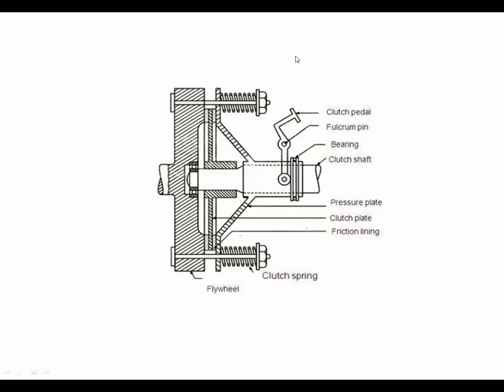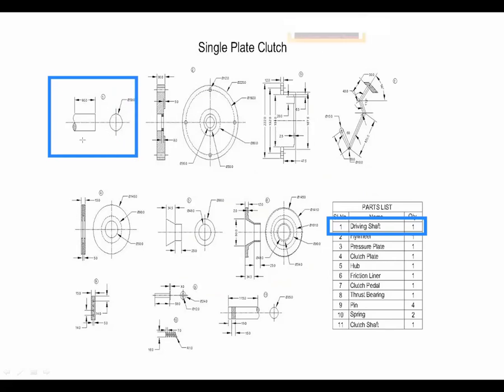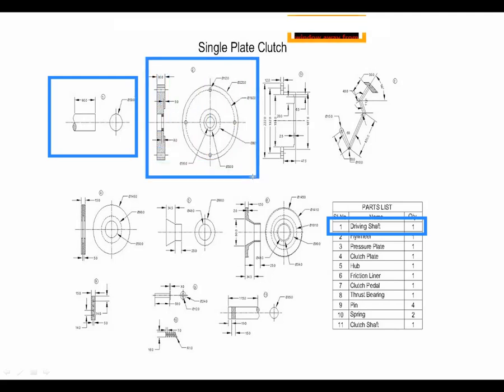I am just showing you how to draw or what are different parts. See, these are different parts. First one is driving shaft, quantity 1. Here driving shaft is mentioned, having a circle in the inside view and a shape of shaft in the front view. Then this is the second part, that is flywheel. We know that flywheel is in circular shape, so one view is a circle and a cut section is at the side view.